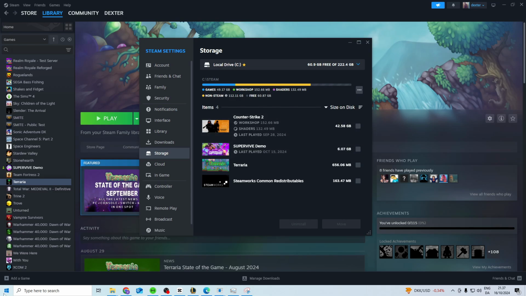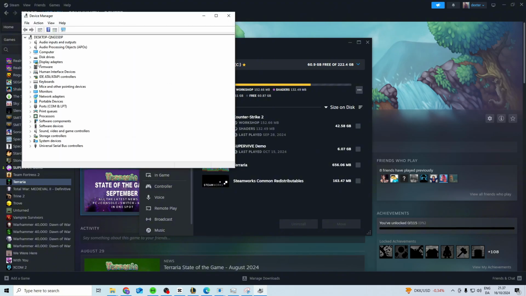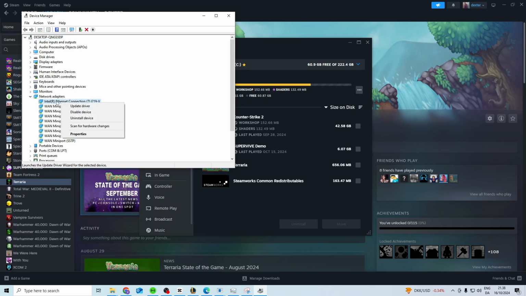If it still doesn't, what you can do is come down here and search for device manager. Find your network, so network adapters. Find your network right here, right click, update driver, and after you update it, you can right click disable and